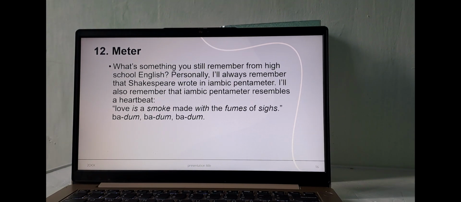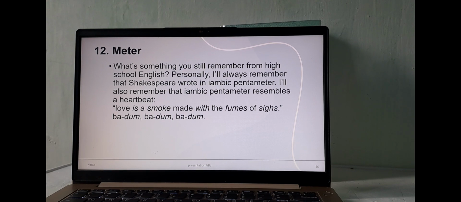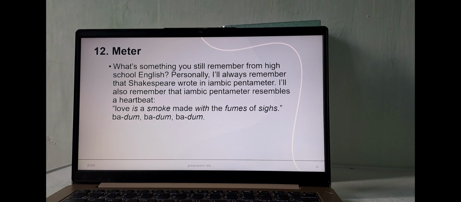Number 12. Meter. What's something you still remember from high school English? Personally, I will always remember that Shakespeare wrote in iambic pentameter. I will also remember that iambic pentameter resembles a heartbeat. And the